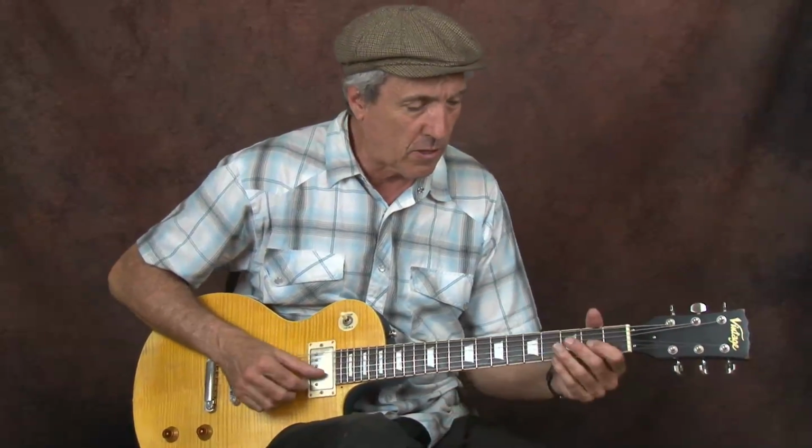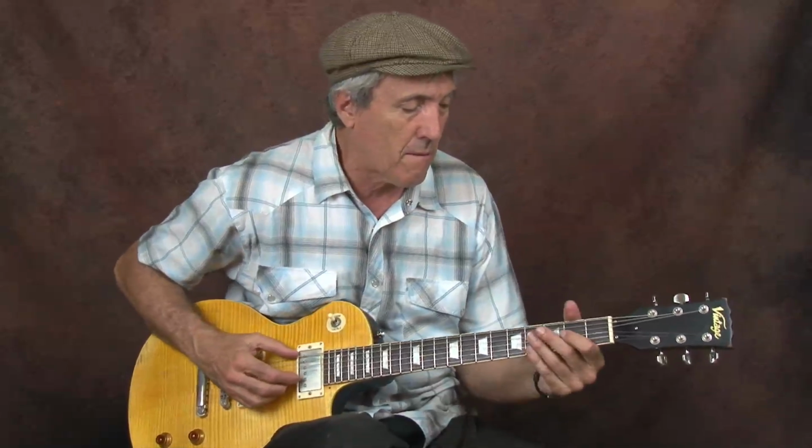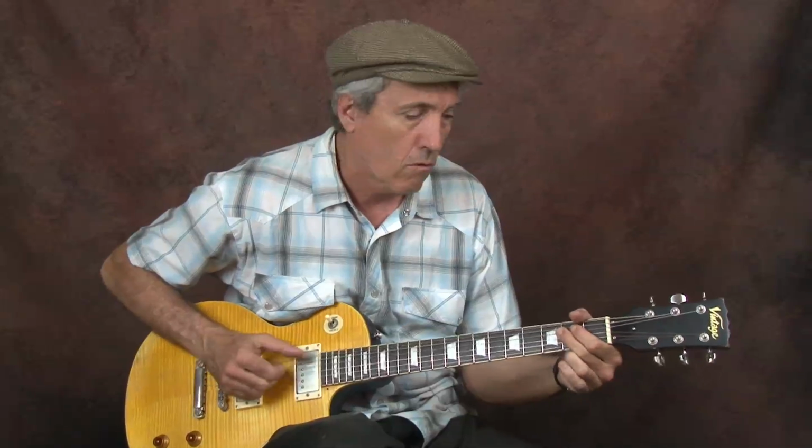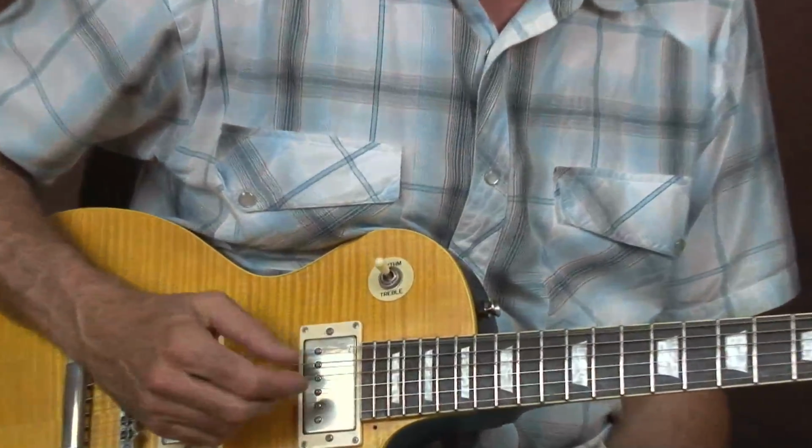So we're going to work on some, like I said, electric Chicago post-war blues with maybe a little bit of Memphis influence. I'm not using a pick. I'm going to be thumping quarter notes with the low E string, and I am in standard tuning. And then I'm going to create a riff around that. Okay, so like I said, we're going to have quarter notes going on that low E string,